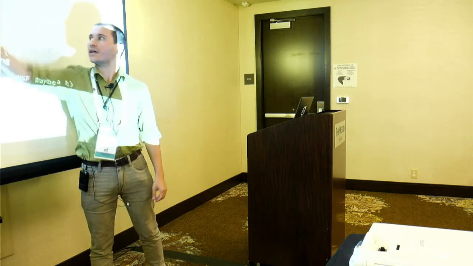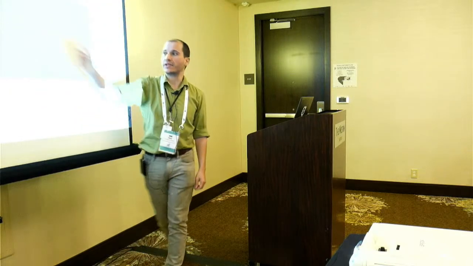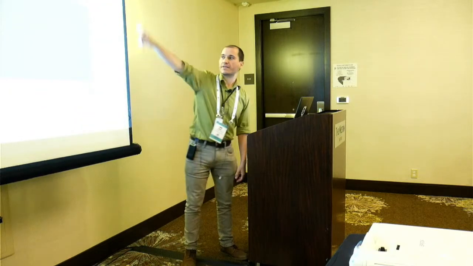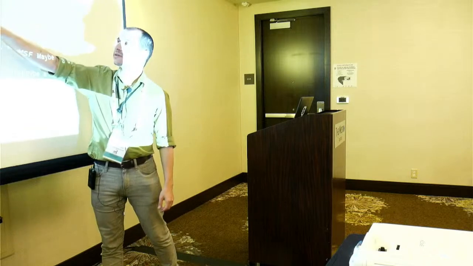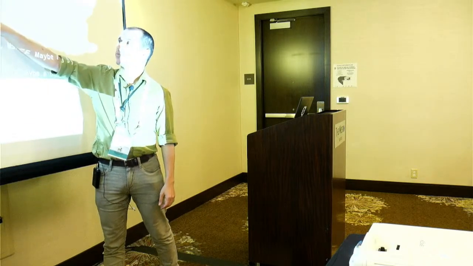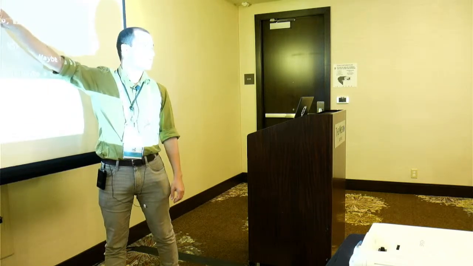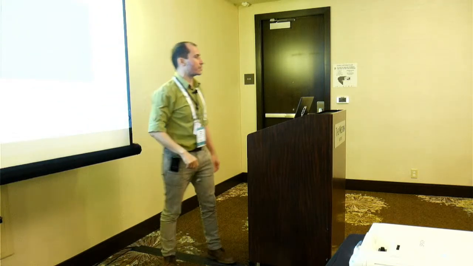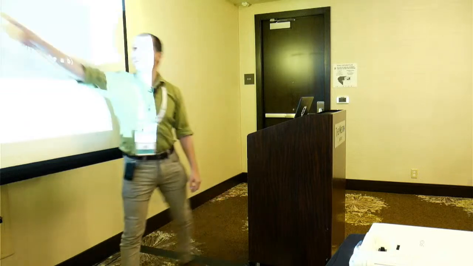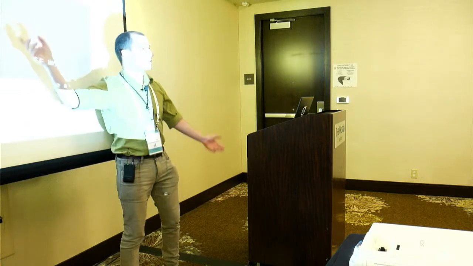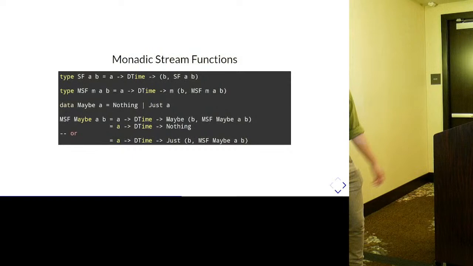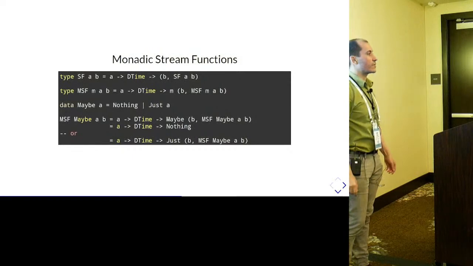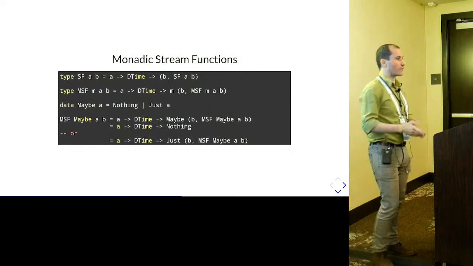In Dunai, you have a monad. And if the monad is identity, then you get the same thing, right? But if the monad, for example, is Maybe, you get signal functions that terminate. Because the output may be nothing, and the continuation is nothing, so you're done. You can't simulate anymore. If the monad is Either, you terminate with a result. You may be left with a result or write and continue.